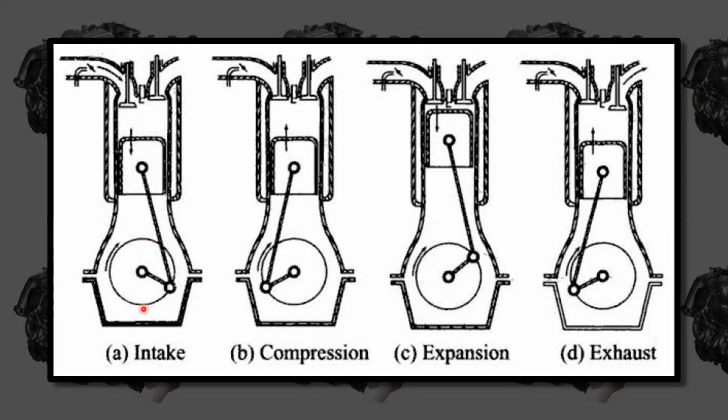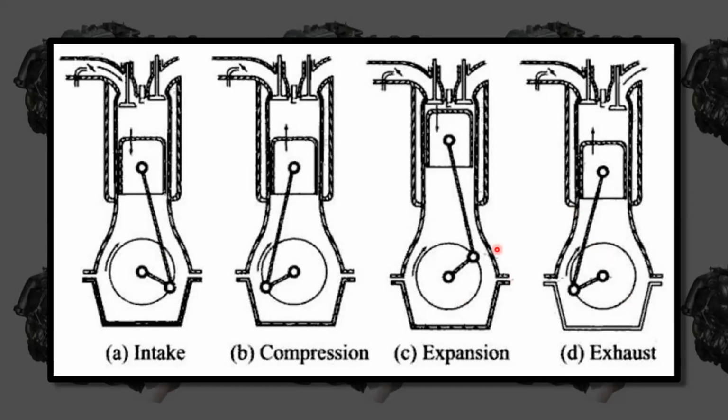See here, there will be a link between this crank and this camshaft. So the rotation of the crank itself actuates the mechanism of inlet and exhaust valves in every cylinder. You have to keep in mind that if the crank is at 0 degrees, the intake valve opens. If the crank is at 180 degrees, the intake valve closes, and it remains closed till it reaches the exhaust stroke.